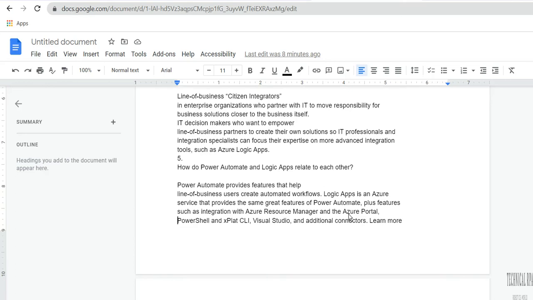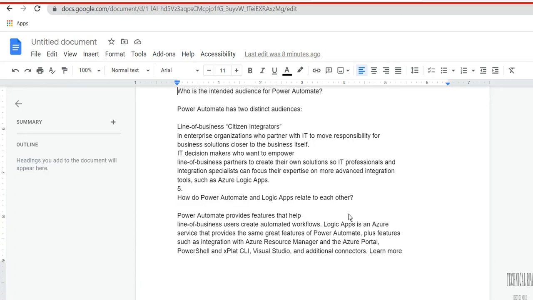Who is the intended audience of Power Automate? Power Automate has two distinct audiences. The first one is citizen integrators. The second is line of business partners. These are all the audiences which Power Automate has to cover. How do Power Automate and Logic Apps relate to each other? Power Automate provides features that help line of business